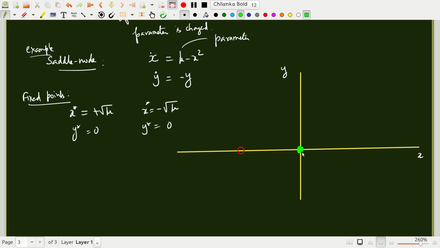Now this is a stable fixed point, this is an unstable fixed point, and we also know from previous experience with 1D bifurcations that this one is an unstable fixed point. This is unstable, and this is a stable fixed point, right? So the trajectories are going to look like this. You are going to come in the y direction. There is only just an exponential decay. So any initial condition will bring you close to this stable fixed point, bring you close to the x-axis, and then if you start on the x-axis itself,